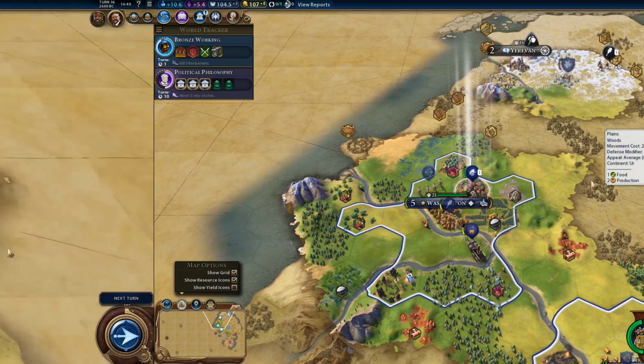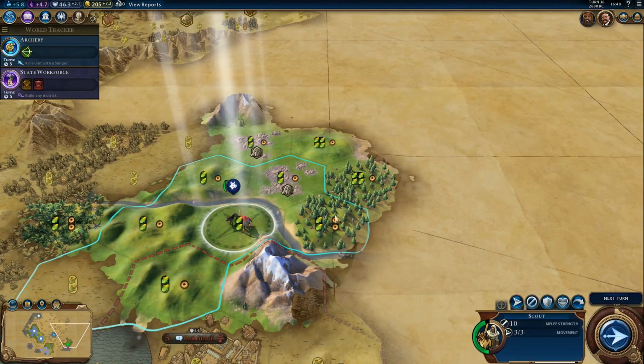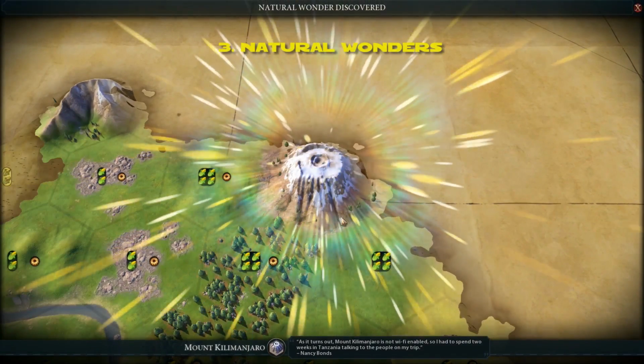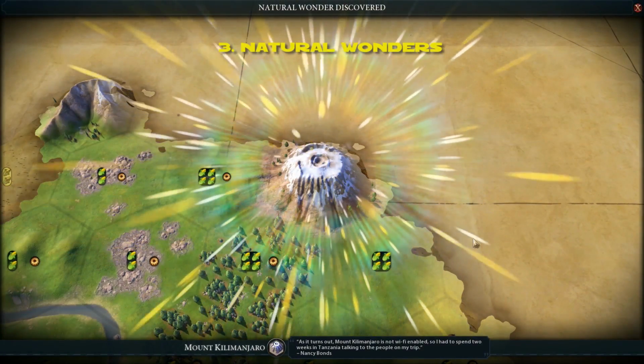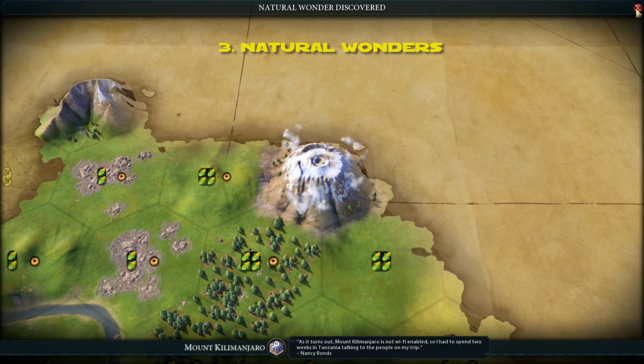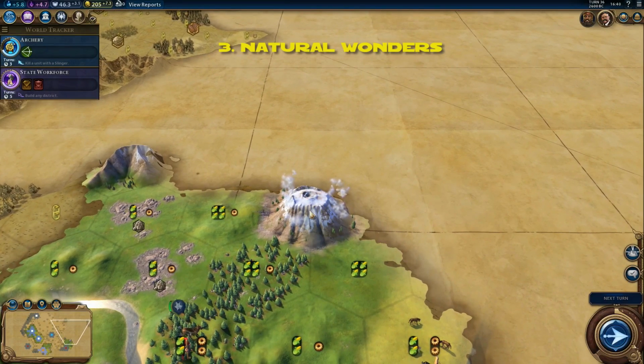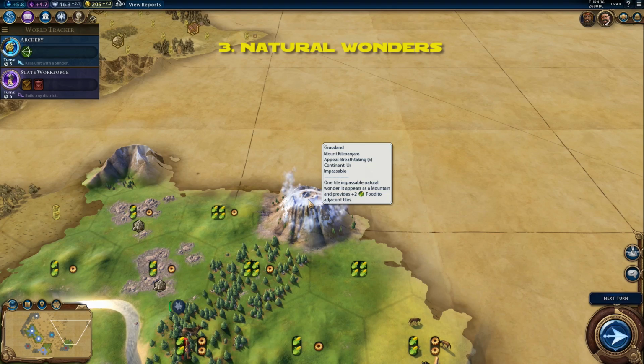So now we're going to go with natural wonders. Natural wonders are natural things in the world which are based on real life wonders, like Mount Kilimanjaro or the Great Barrier Reef. And once you discover them, you can see that they actually give improvements. This one, for example, gives +2 food to adjacent tiles, and as you can see, all the adjacent tiles have